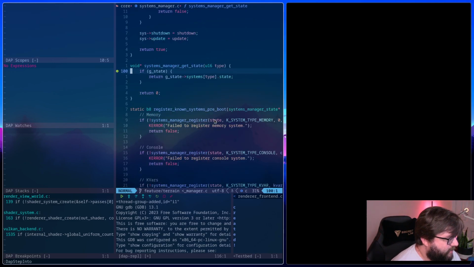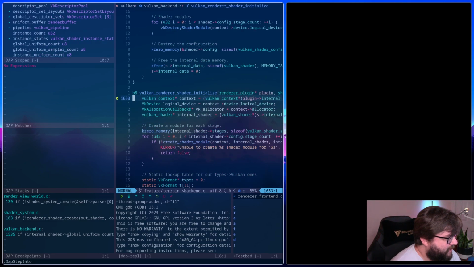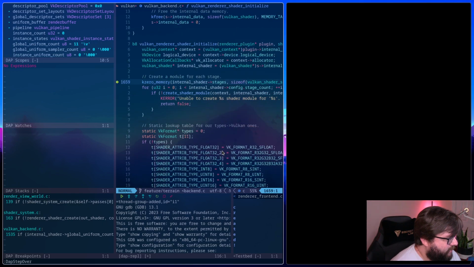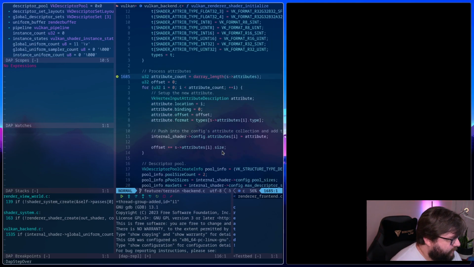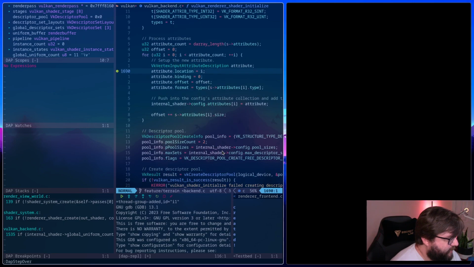So this is where all the heavy lifting is done. So we create a shader module for each stage. We don't need to step through that. That should be fine. Okay, so this is just the attributes.